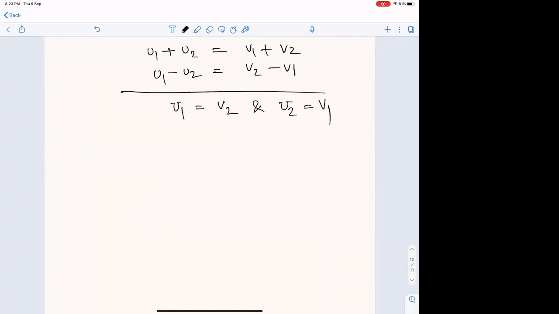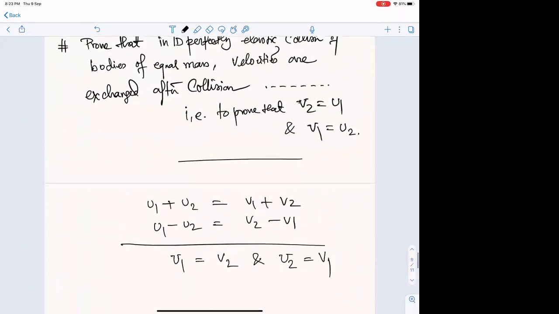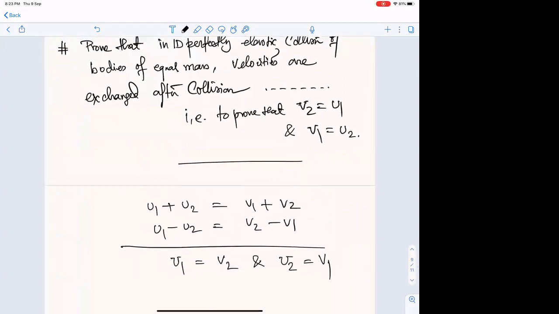ঠিক আছে, ওকে। স্যার আমার একটা ডাউট আছে, গ্রুপে পোস্ট করব? হ্যাঁ, একটা পেয়েছি, দেখছি।